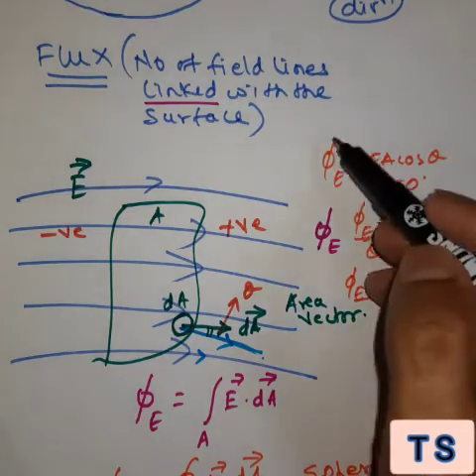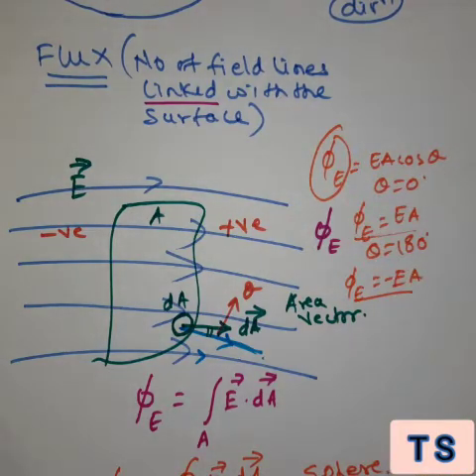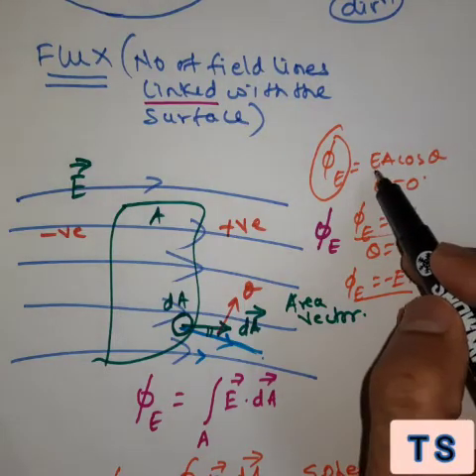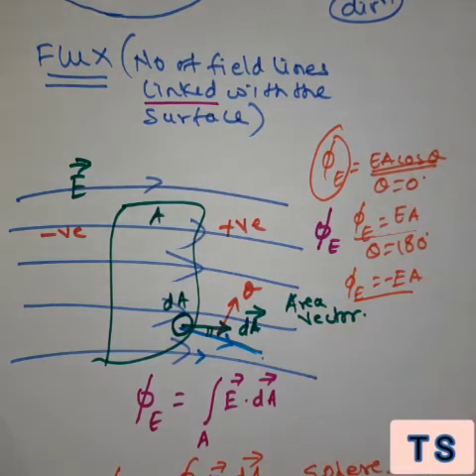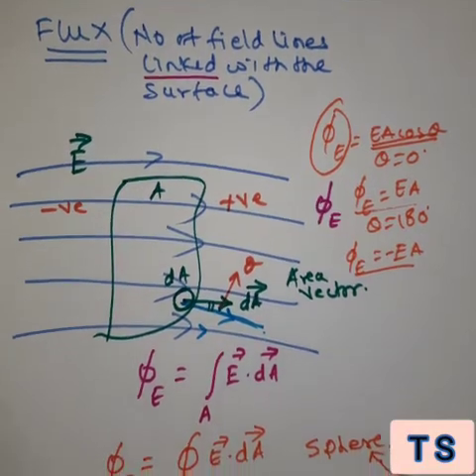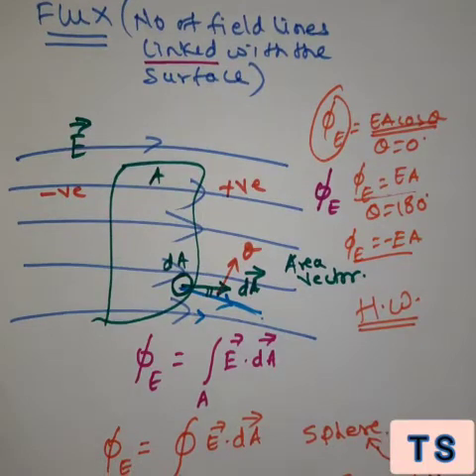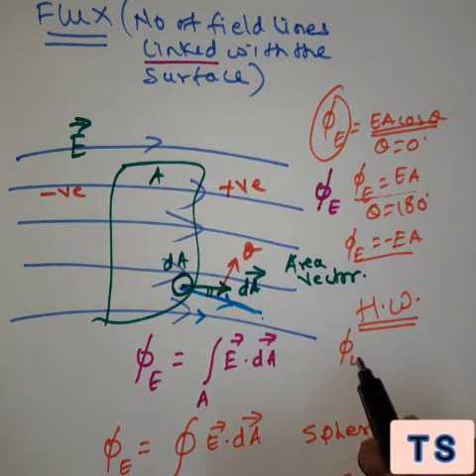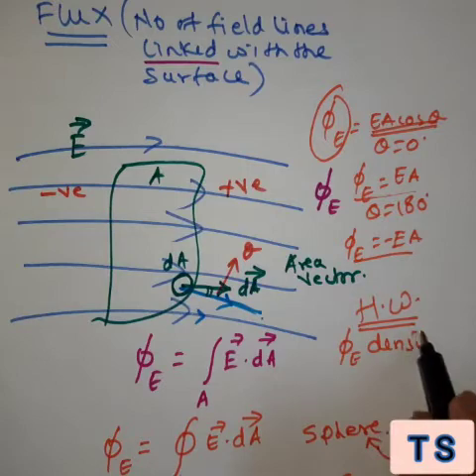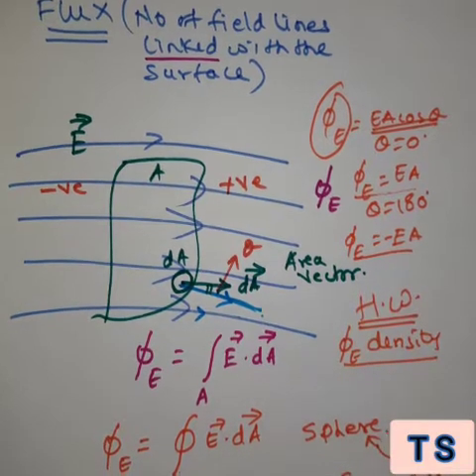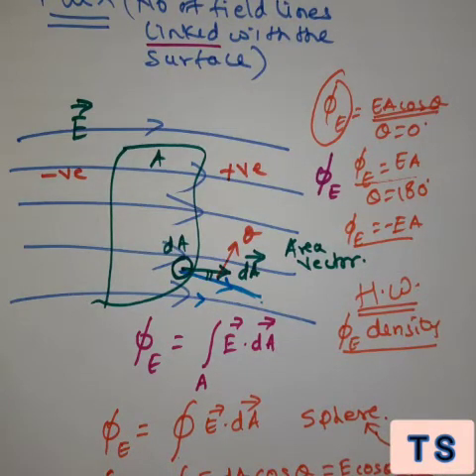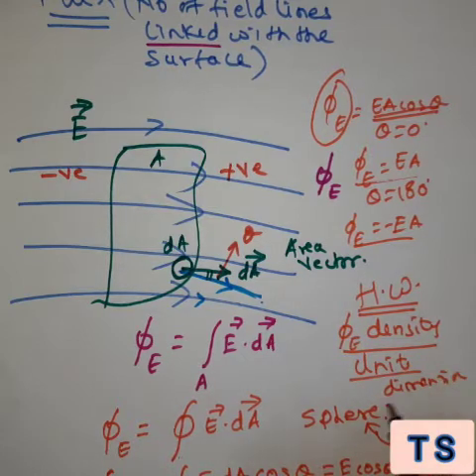So did you get it? What does phi E mean? Phi E means the electric flux, and the formula for electric flux, henceforth, will be EA cos theta, which we will be using. So the next part, a small work. You have to find what is electric flux density. See, the word itself describes everything, so that you have to do. This is homework, electric flux density. After that you will write the unit of this, and you will write the dimensional formula for this. So this is your homework.